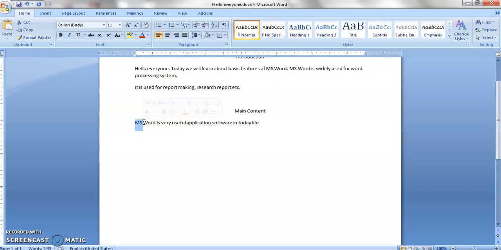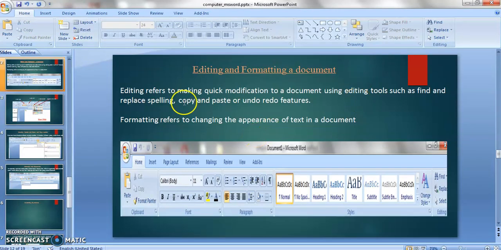So this is again the editing group. The second part is copy and paste. If you are doing copy and paste, there is a shortcut command. For copy it is Ctrl plus C, and the keyboard command for paste is Ctrl plus V. For undo, there is Ctrl plus Z. In the last slide of this topic, I will put some shortcut keys or keyboard commands for their functions so that it will be beneficial for all.